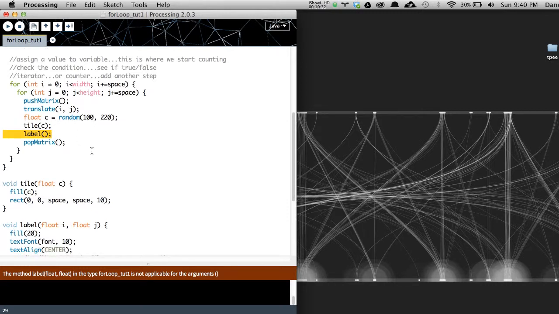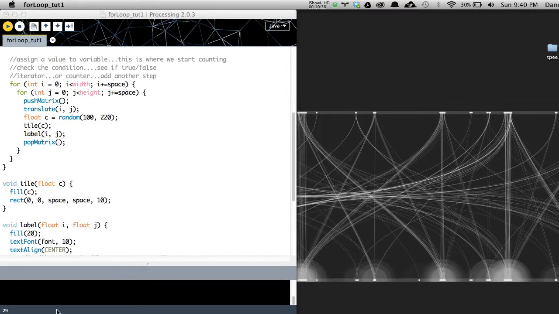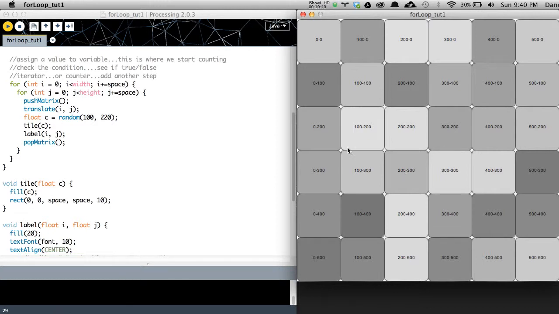What did I do wrong here? Label. Oh, it needs the two values. My bad. Sorry. And J. So I did this with the idea that you could see how the values were translating to each of the